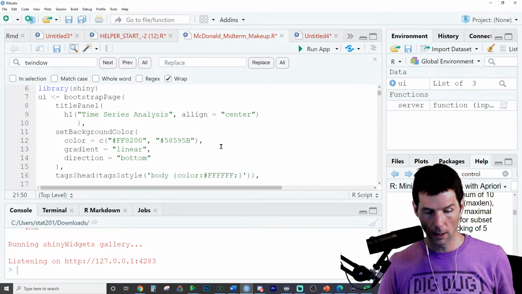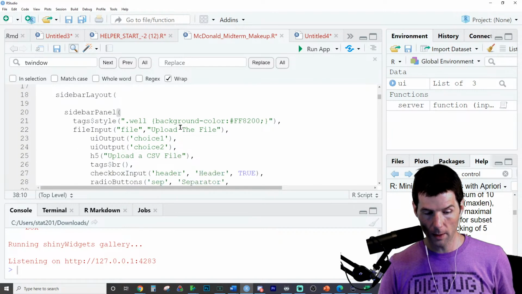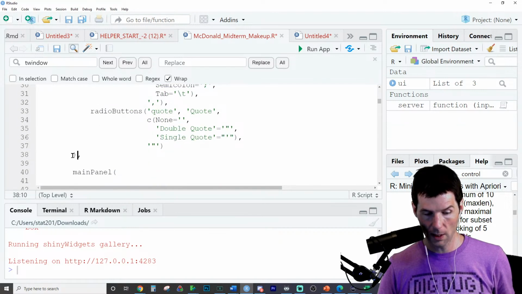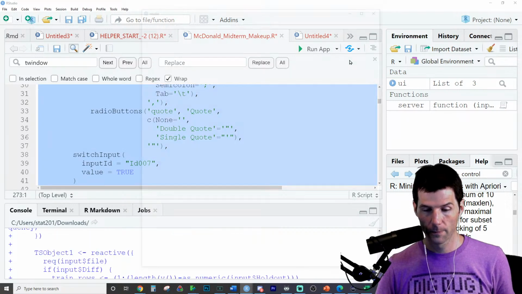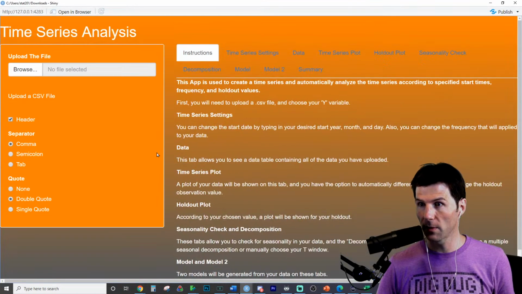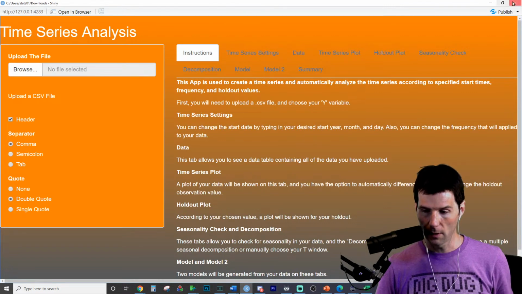Let's go in and set background color, all this good stuff here, main panel. So we want to go down to the bottom of the side panel. That's where the side panel ends. And so we want to go here, throw this in, see if it works. Once again, every time you put something in, it doesn't work. We should have been inside of it.